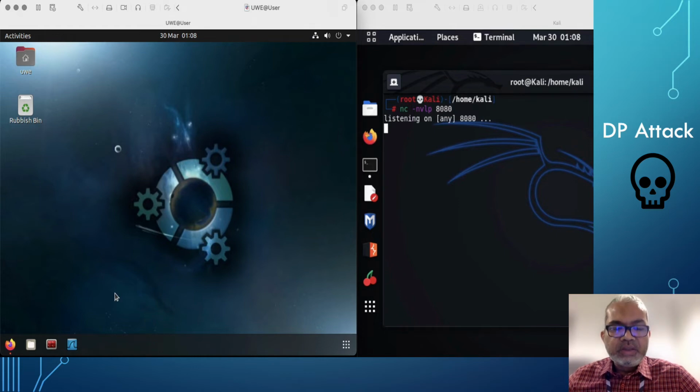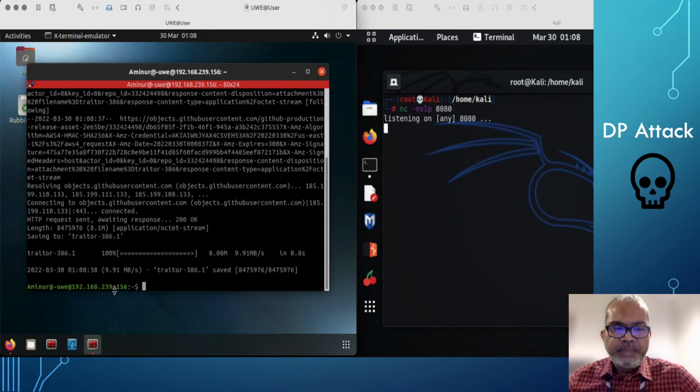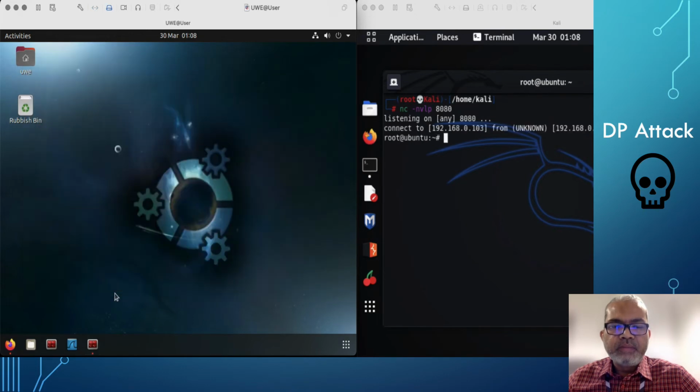Let's see on the video how it happens. See that downloading the file, then making it executable and running the program. As soon as it runs the program, and it's all less than 20 seconds, on the right hand side you can see my shell is already root at Ubuntu. That means I already got root of that user's Ubuntu machine, and that proves that IP address